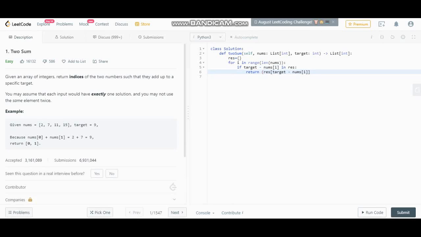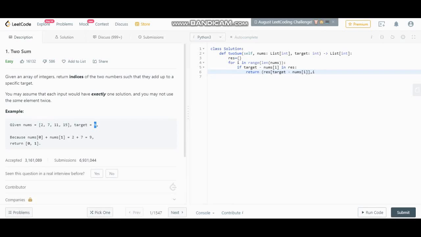So that is why I'm giving this over here, and the current index which is coming, so I have to return this index. If you see in this problem, the numbers which are coming are 2 and 7, and in the first value itself they are finding the target, and these two values are complementing each other.